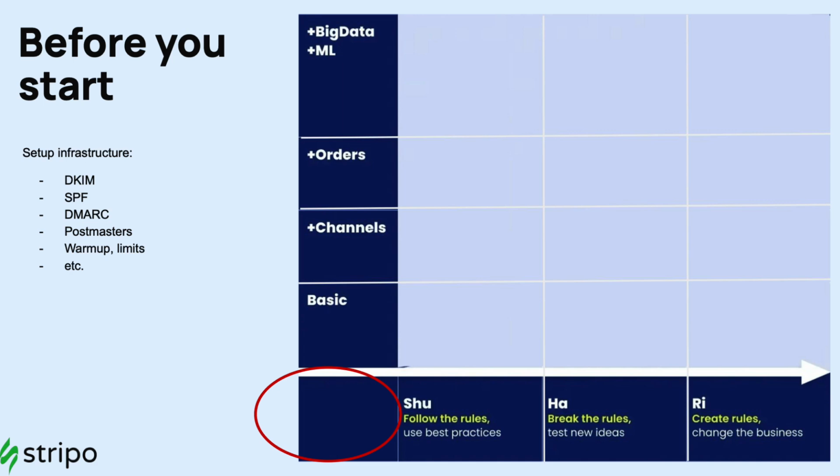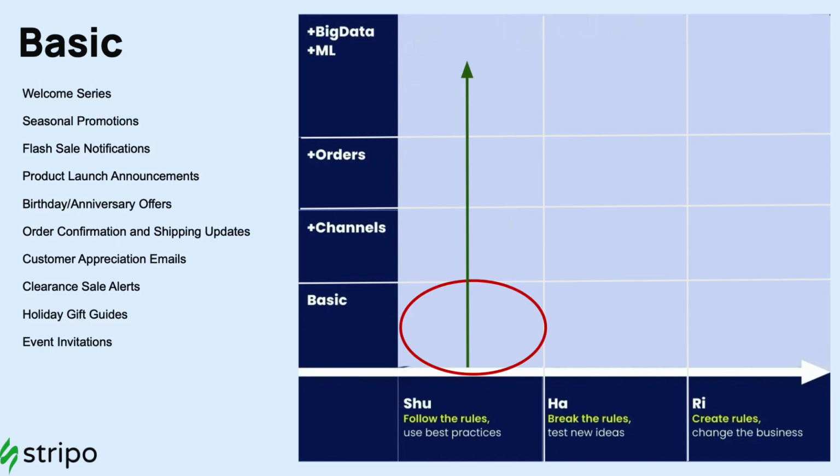We never have to buy a database. We have to set all the delivery stuff: DKIM, SPF, DMARC, reputation, all this technical stuff we heard about today, and warm up your IPs, and so on. You do this. The next level is a basic level, and you implement it only on a sure level, from bottom to